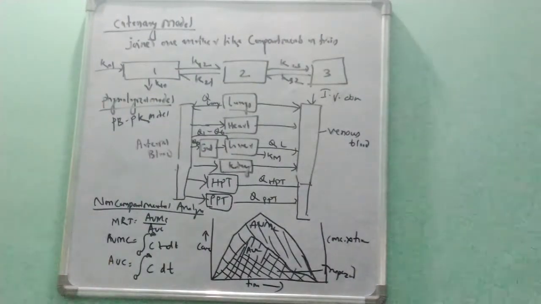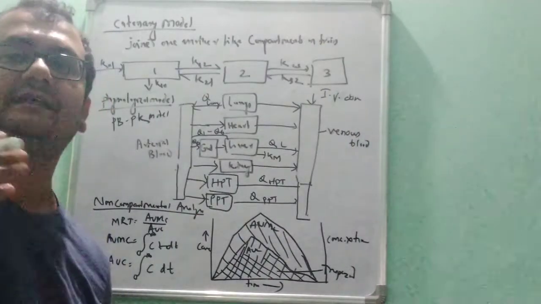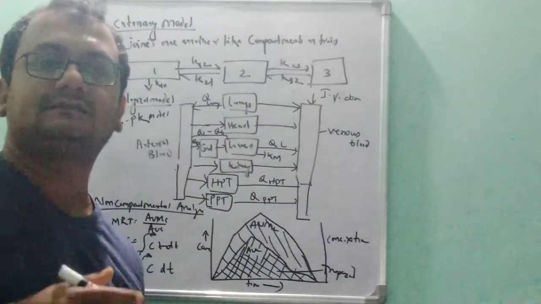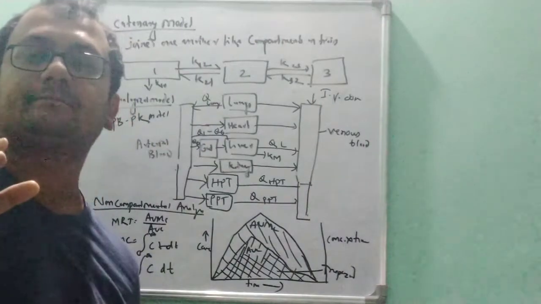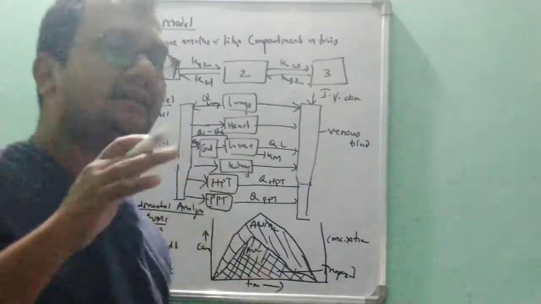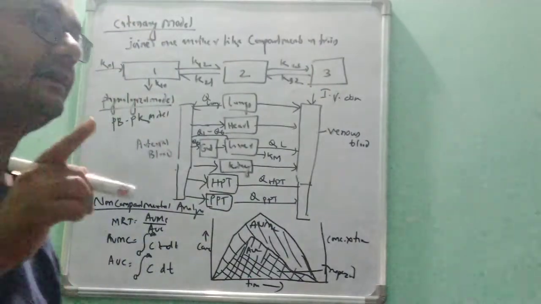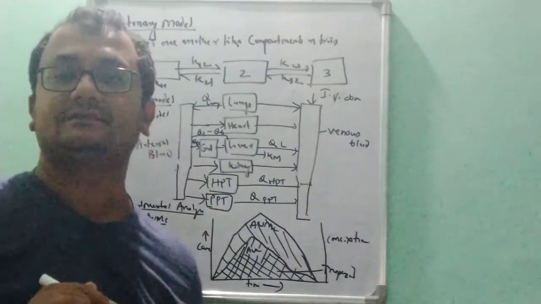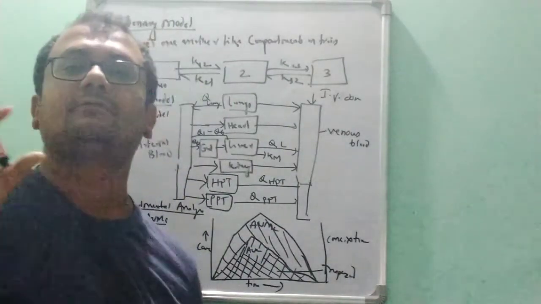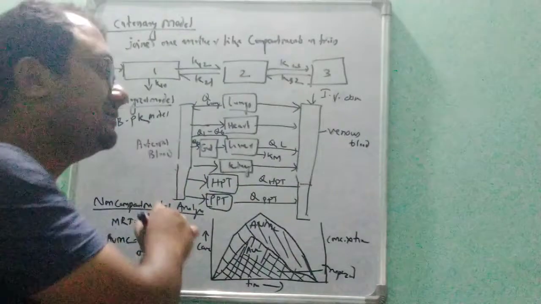Now in non-compartmental analysis, it is a model independent method. We can tell it is a model independent method, and in this we are not going to make any compartments, but we are finding AUC and AUMC here. So here we need to make the calculation from the graphical method, and two things we need to find out from this: AUC and AUMC. And for this it is based on the theory that is known as statistical moment theory, and from this statistical moment theory only we need to calculate this AUMC or AUC.